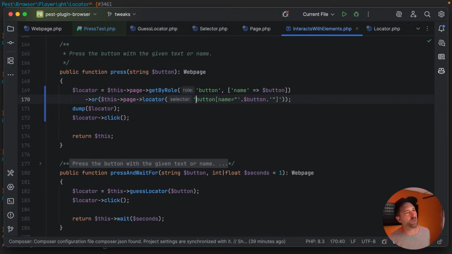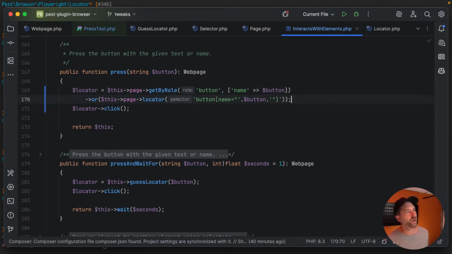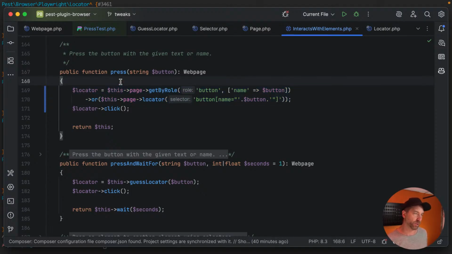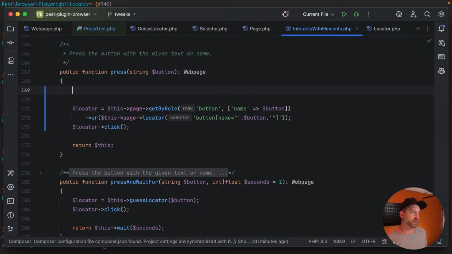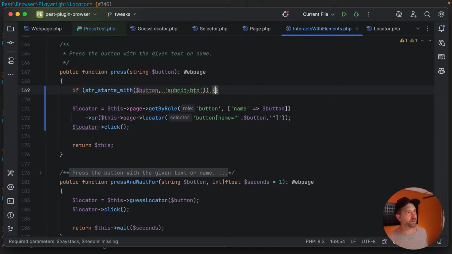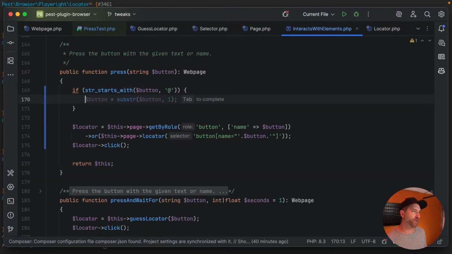Anyway, what I would like to see happen is, first of all, this to work. I just think using a compound selector might not be the thing you want to do. I'll have to look into that a little bit more. But then also what I would do is I would say if str starts with an @ symbol, then I would say